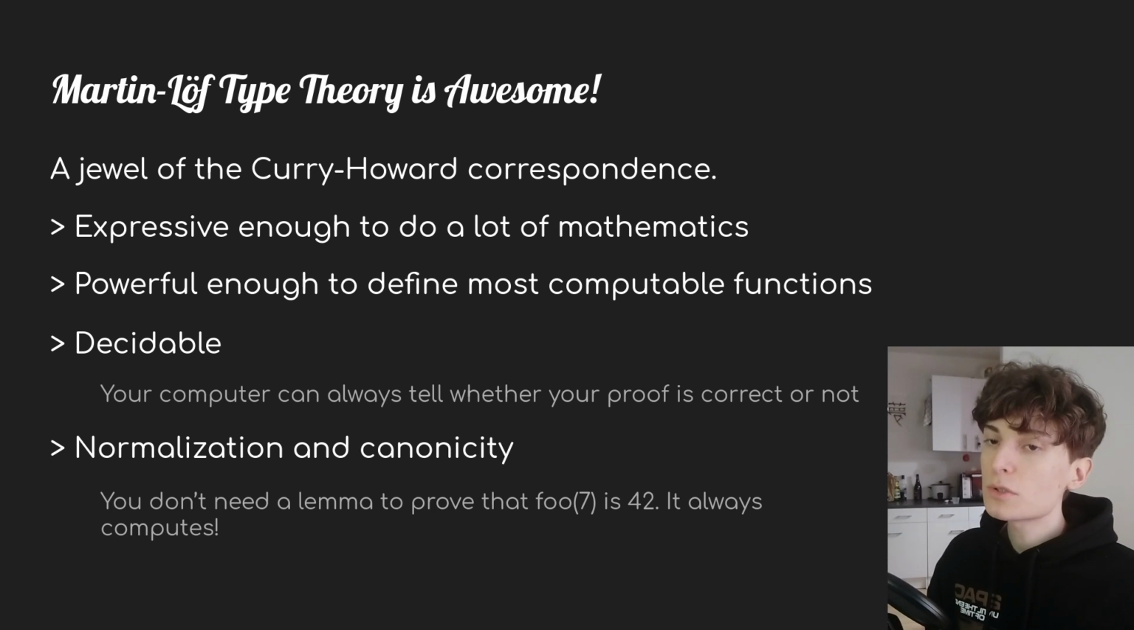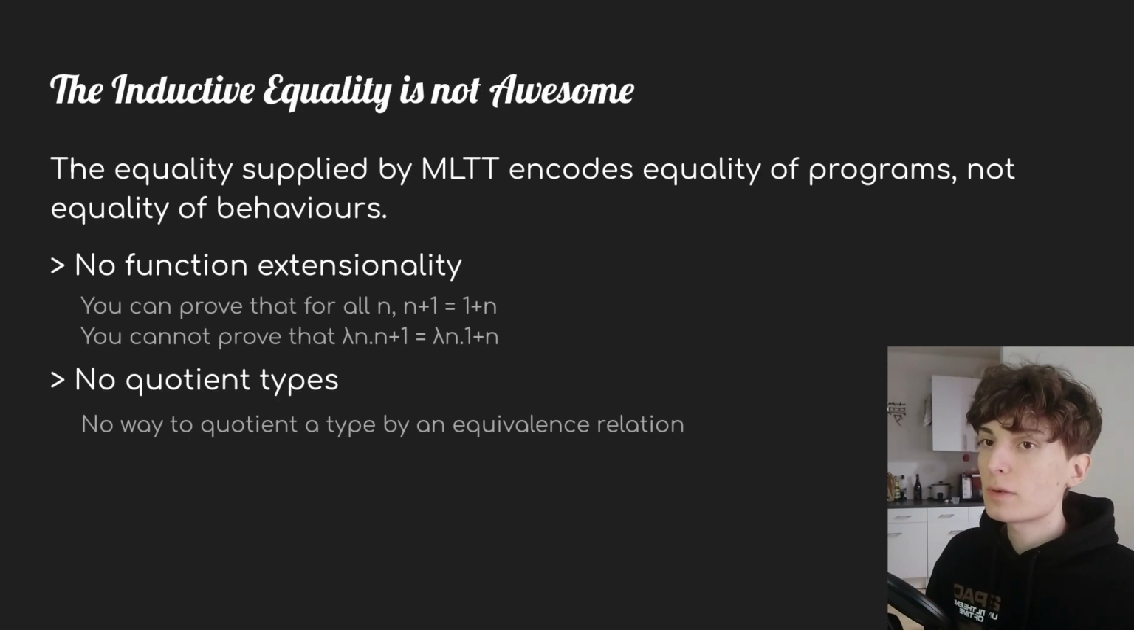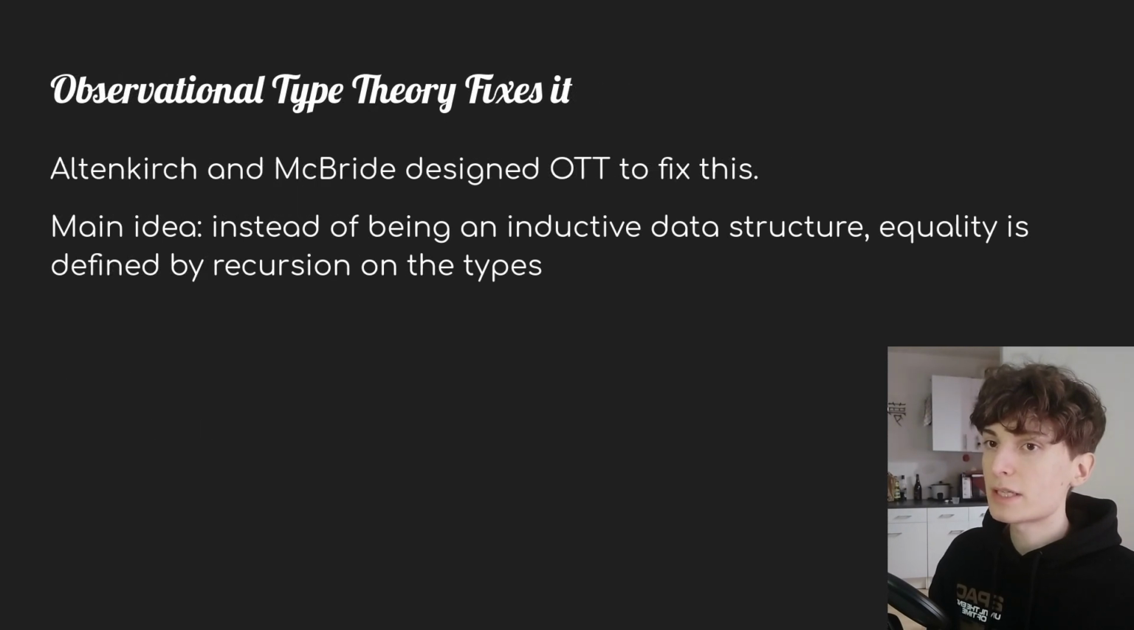It satisfies important properties such as decidability, normalization, and canonicity. However, the equality supplied by Martin-Löf type theory is less than ideal. It encodes the equality of programs and not the equality of behaviors. Two consequences of this are that you don't get function extensionality and you don't get quotient types, but both are actually ubiquitous in mathematics. So, Altenkirch and McBride came up with